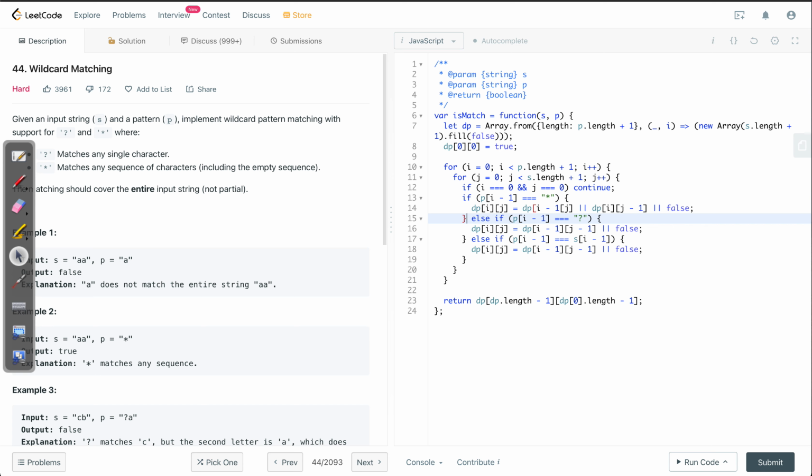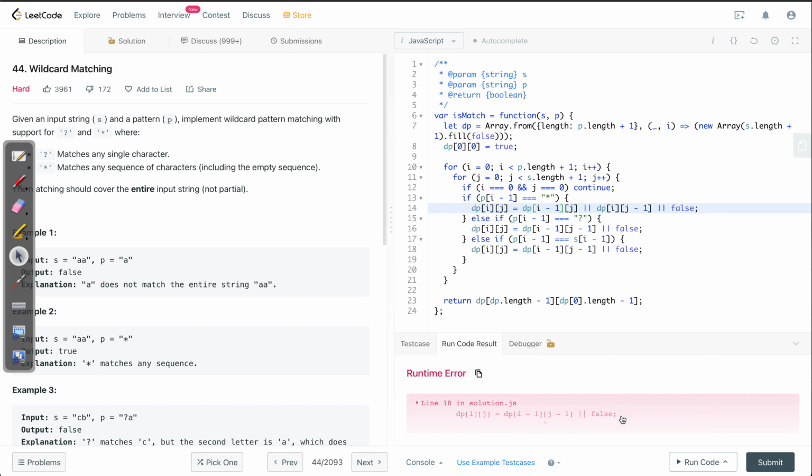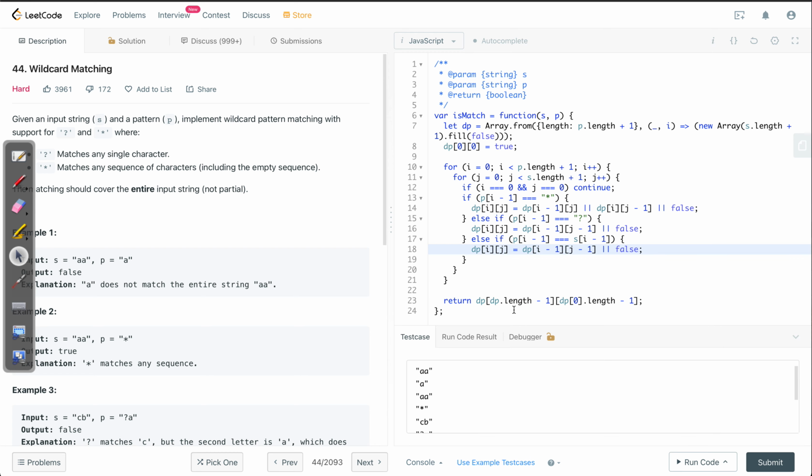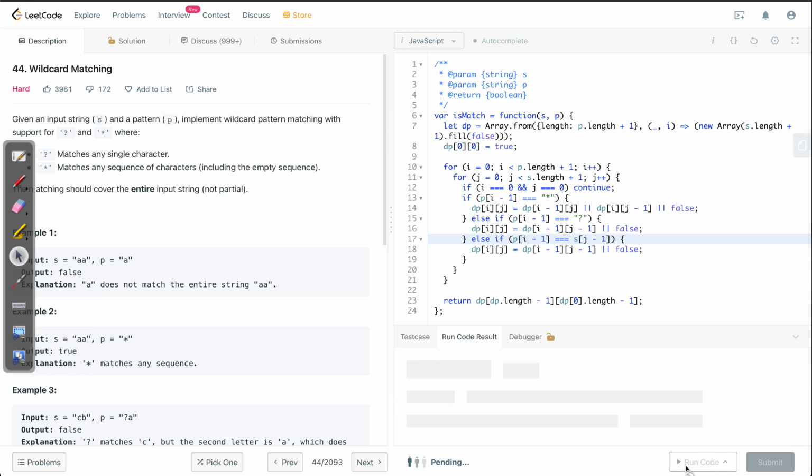Okay, got it. This one. There is still a problem in line 18 this time. And what is the issue? Cannot read property 0 of undefined. Okay, so this had to be j minus 1 here. I think this is good.